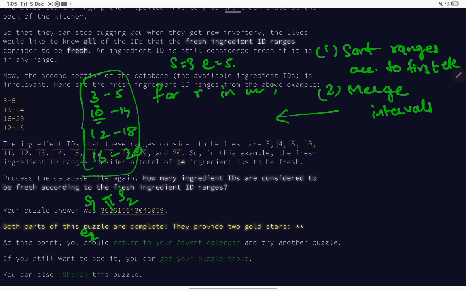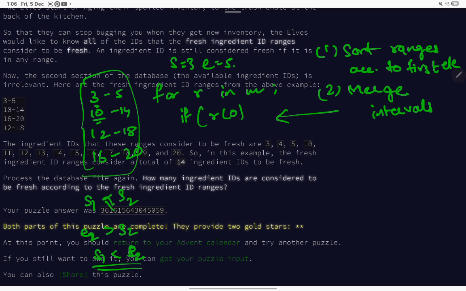E2 will always be greater than S2. Now we start: if current start is r0,